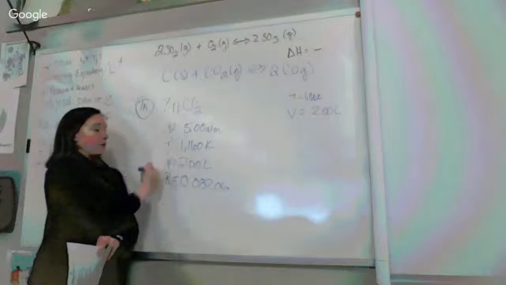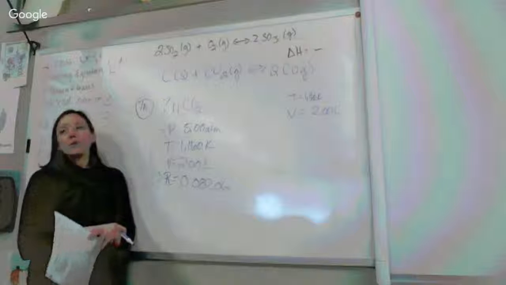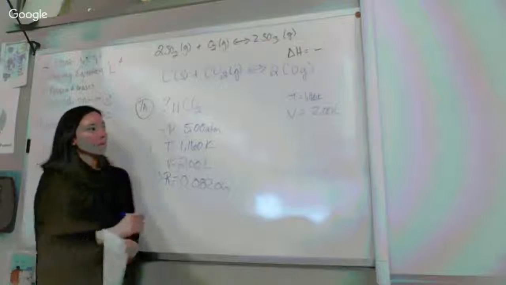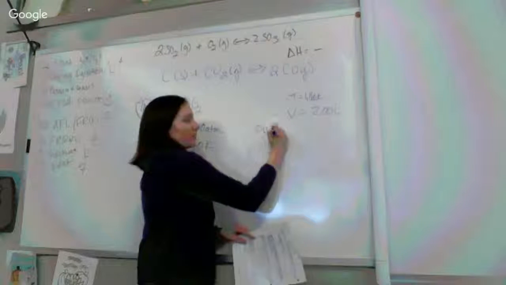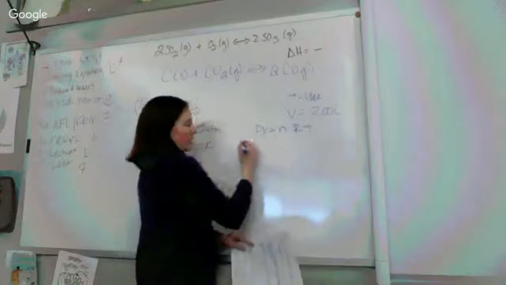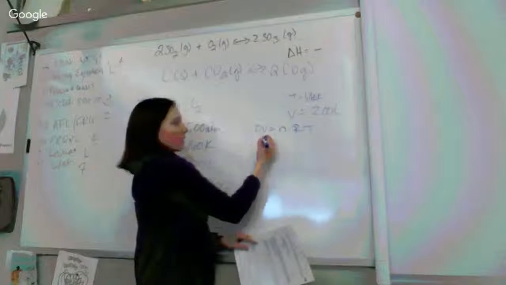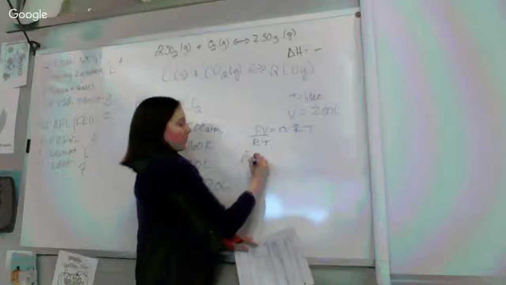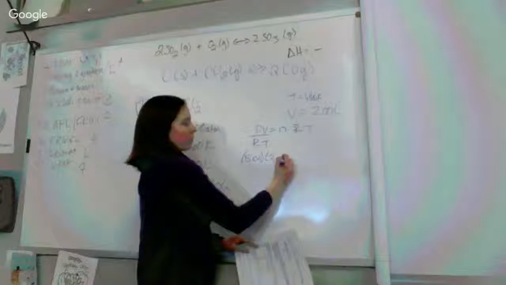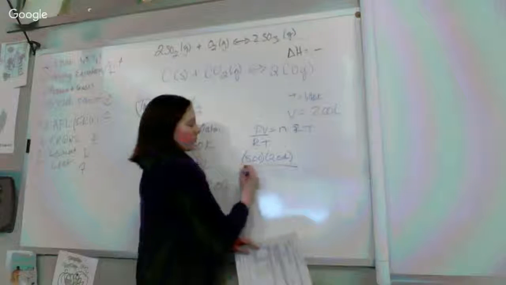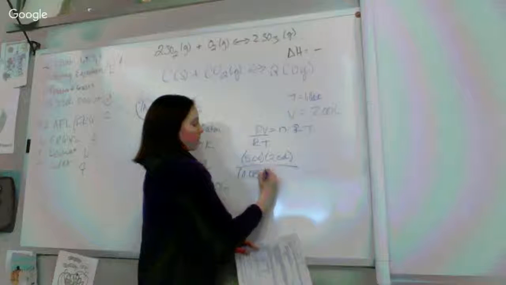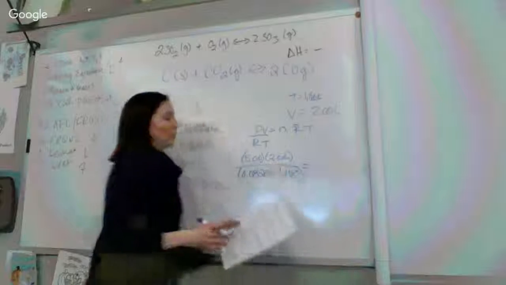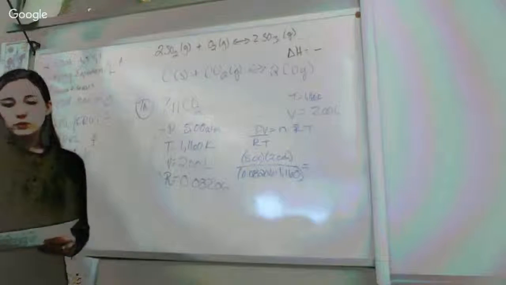So remember, your R value and your pressure units always have to match. So the next step would just be about solving for n. So if I solve that out,